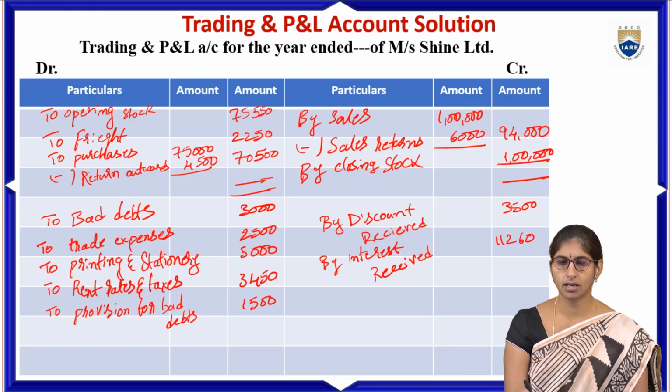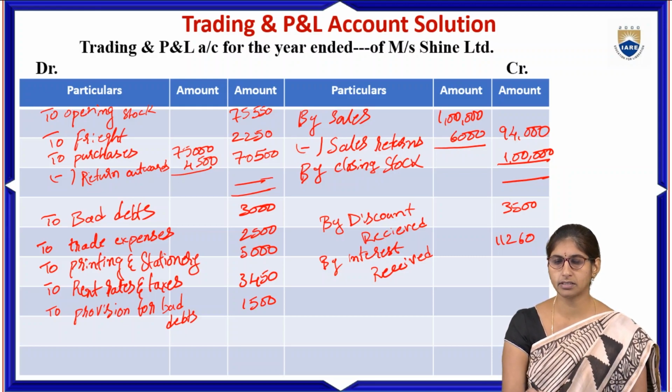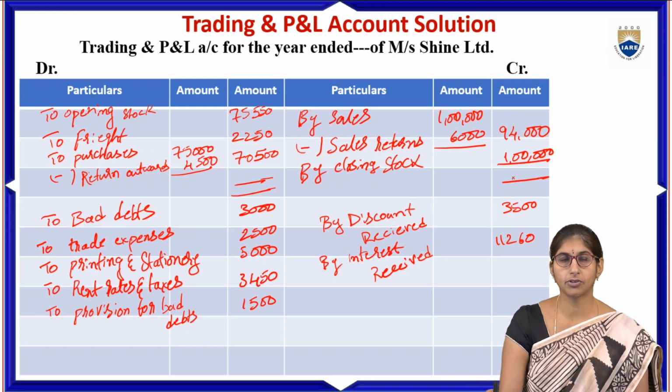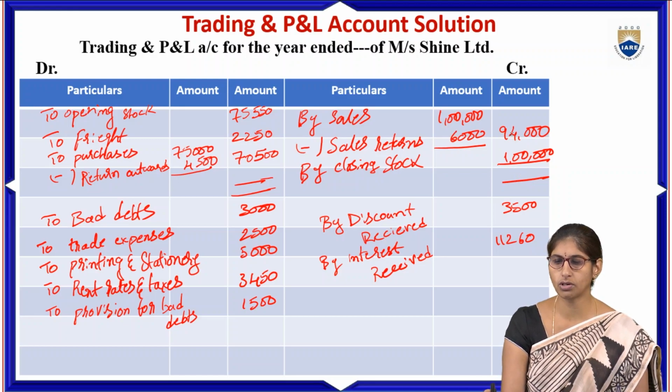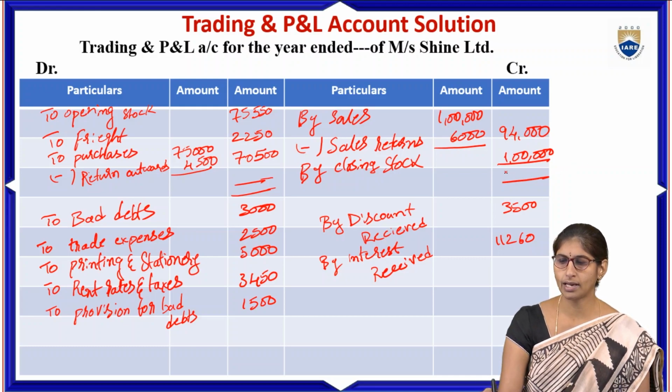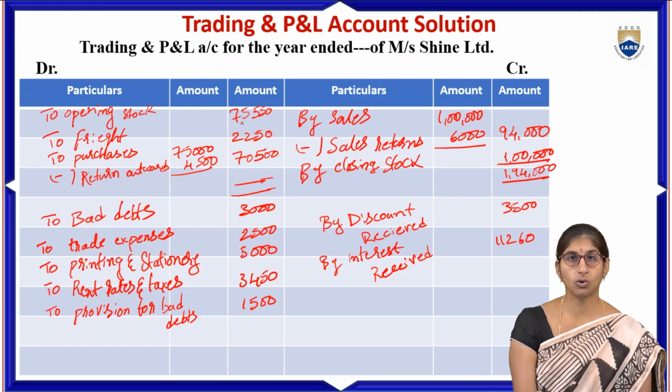and loss accounts, we have to balance both the sides. First, after entering the items, we have to ascertain what is the gross profit or the gross loss which we have incurred by doing trading account. So the total of credit side is 1,94,000 and the total of debit side is 70 plus 75,000,